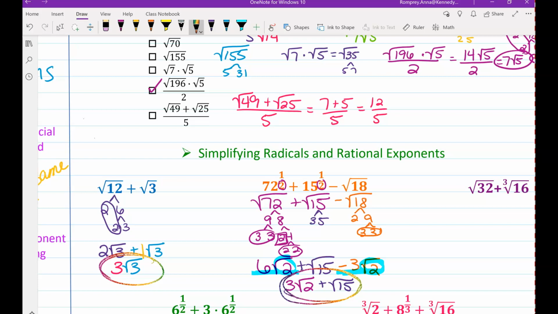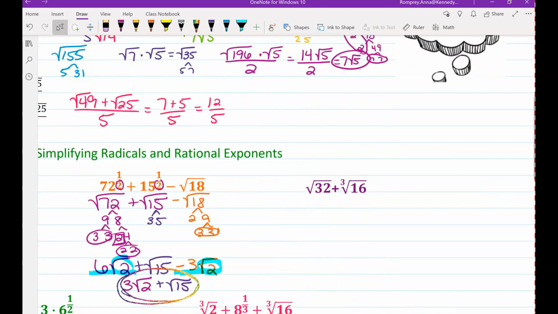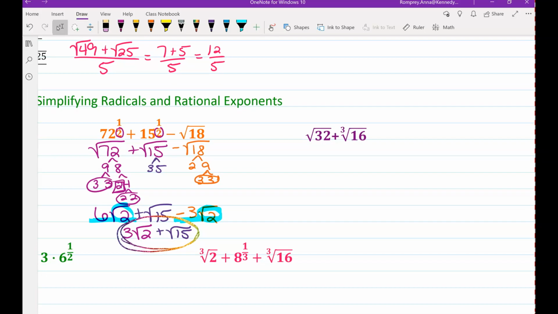All right, square root of 32 plus cube root of 16. Well, they don't have like bases anyway, but the square root and cube root, that's kind of waving a red flag for me. So I'm going to go ahead and simplify because I can. So square root of 32 gives me 16 and 2 and 16, 4 and 4. So I got a pair of 4s. Awesome. Remember, index of 2, so we're just looking for pairs. So I've got 4 roots of 2